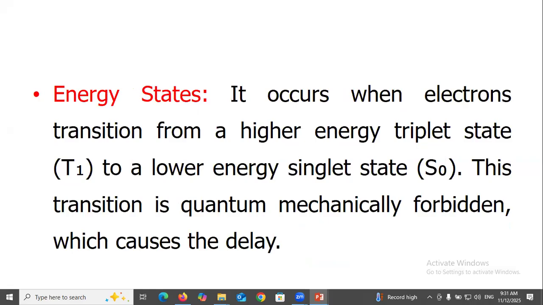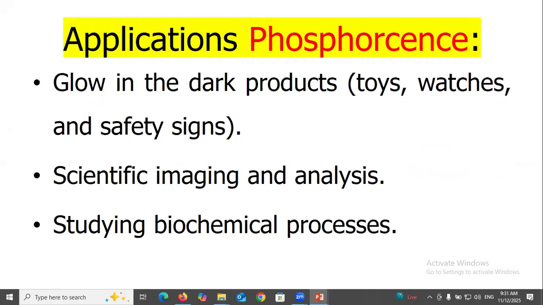Energy state: it occurs when electrons transition from a higher energy triplet state to a lower energy state. This transition is quantum mechanically forbidden, which causes the delay. Applications of phosphorescence: glow-in-the-dark products, toys, watches, and safety signs, scientific imaging and analysis, studying biochemical